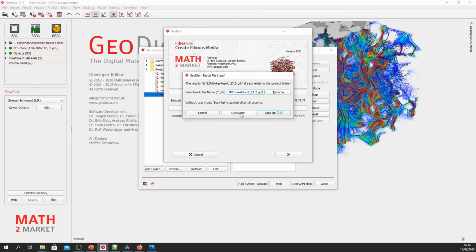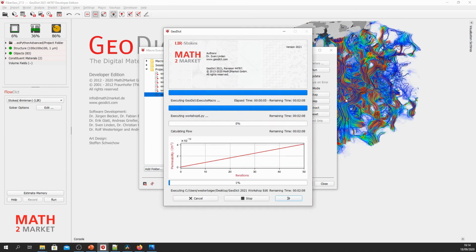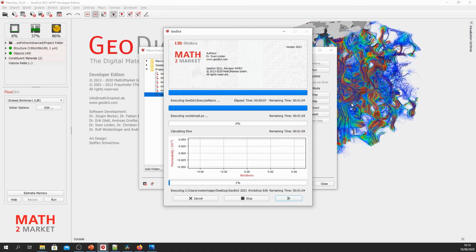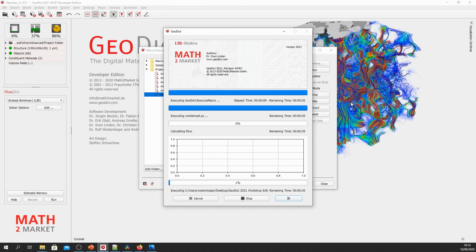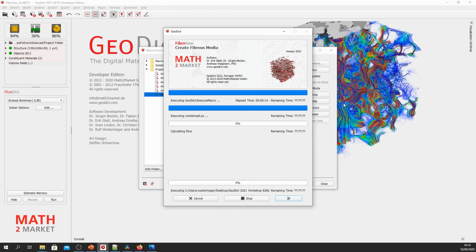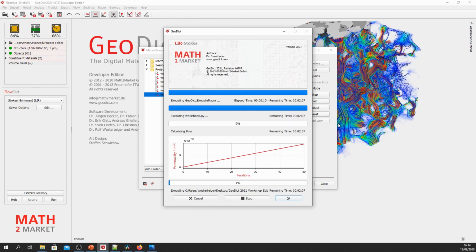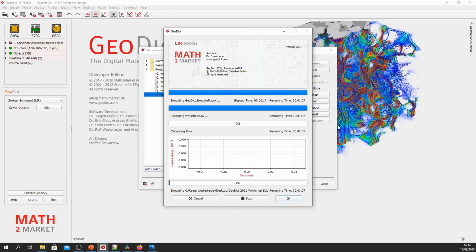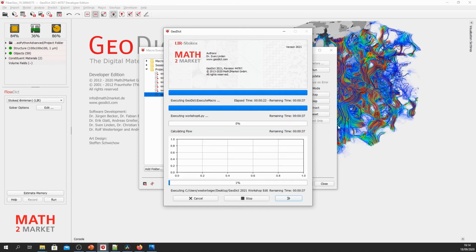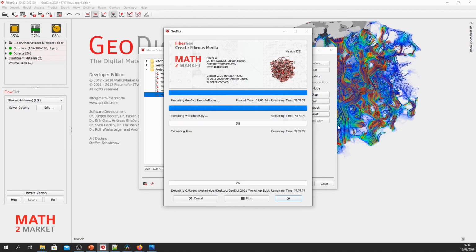You might be asked to override again, just click override. And now it automatically homes in on the correct SVP value to match the permeability that we want. Should just take a few seconds.